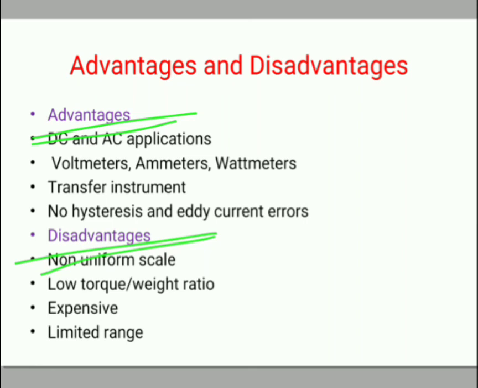About these instruments we have covered working principle, constructional details, then dynamometer ammeter, dynamometer voltmeter, and in this video we have covered the different errors in dynamometer instruments and advantages as well as disadvantages of the dynamometer instruments.